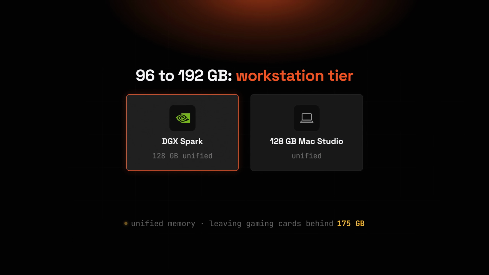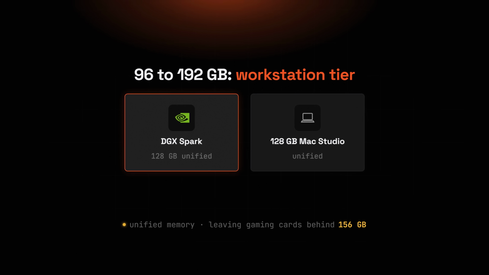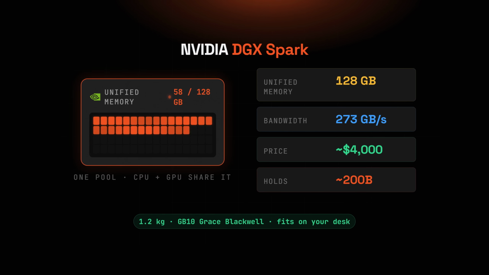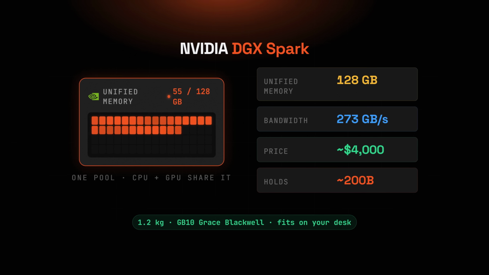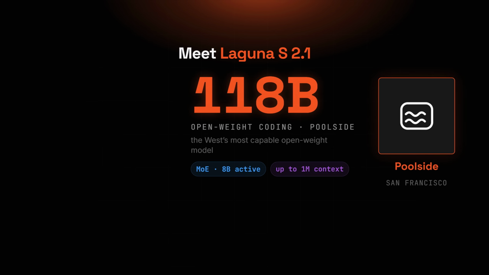Fourth rung, and now we leave gaming cards behind entirely, 96 to 192 gigabytes. This is workstation territory, and it is defined by one specific little box that rewrote the math for the whole tier, Nvidia's DGX Spark, a 1.2 kilogram box that sits under your monitor with 128 gigabytes of unified memory for around $4,000. It holds models a $4,000 graphics card cannot even load,